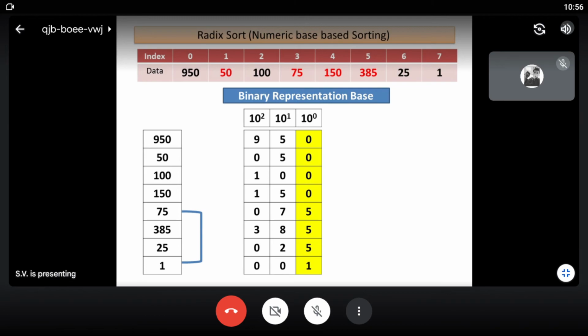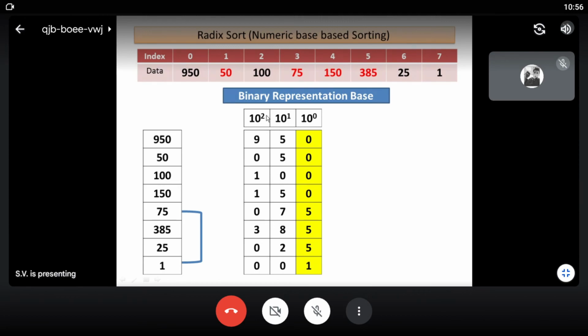Okay. So whatever be the first or the least significant digit, we can say LSD, then we multiply it by 10 raised to 0. Then the middle element next to the least significant digit is 10 raised to 1. And the next is 10 raised to 2.